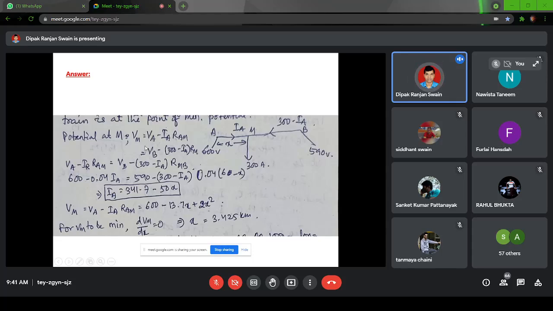Here you can see Vm. If I measure the voltage from point A, Va minus Ia Ram, it will be equal to the same Vm from the other side, Vb minus (300 minus Ia) into Rmb. If I equate these two, here Va is 600, Vb is 590, Ia is unknown, and Ram is known, because the value is given as 0.04 per kilometer, so x into 0.04, and here Rmb will be (6 minus x) into 0.04. So if you substitute